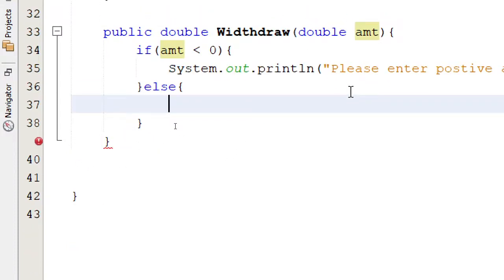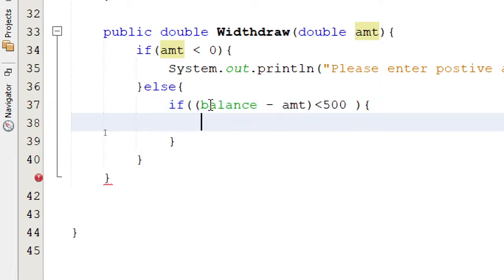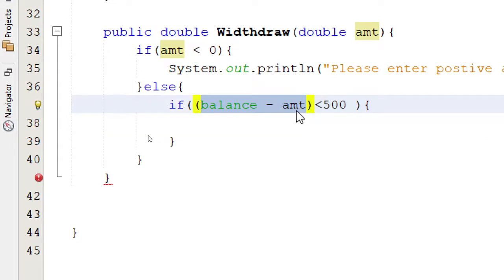But according to the program, you are supposed to maintain a minimum of 500 rupees. So I'm going to just cross verify if the balance minus amount, so I'm going to put a bracket for that. Parenthesis is required just for our understanding. If it is less than or equal to, if you get less than 500 when you withdraw, so remember I have not deducted it, I am just deducting the amount from the balance. When I deduct it, if I find that the amount is going below